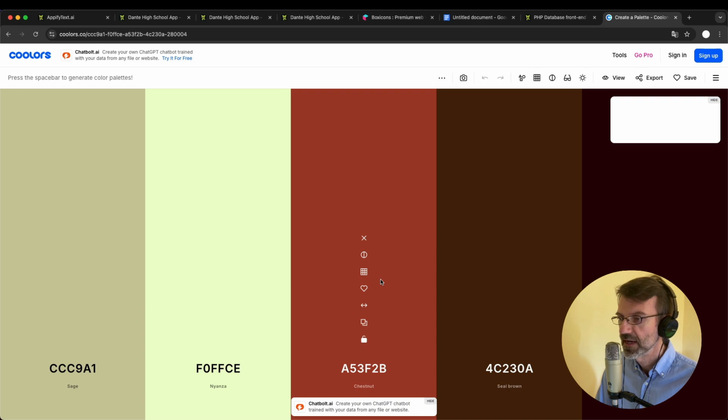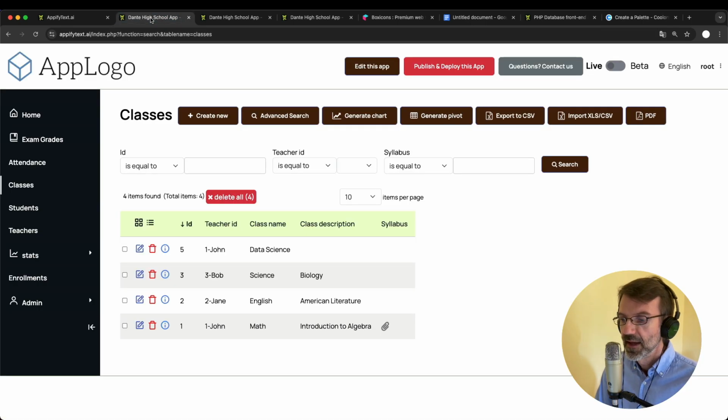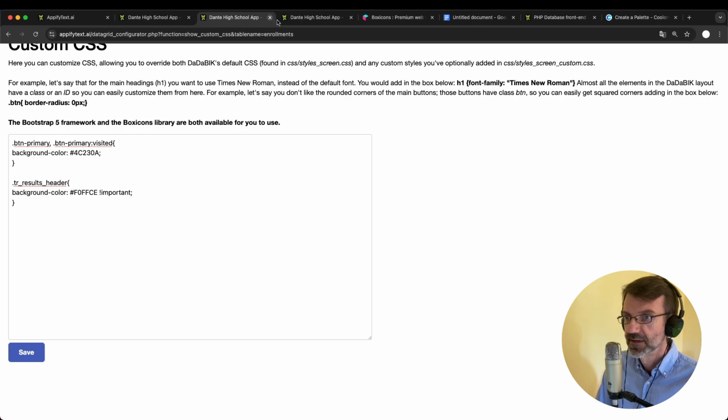We can use that. So I'll copy this, and this specific button, the red one, has a class button danger. It's a Bootstrap class, so we can do something like